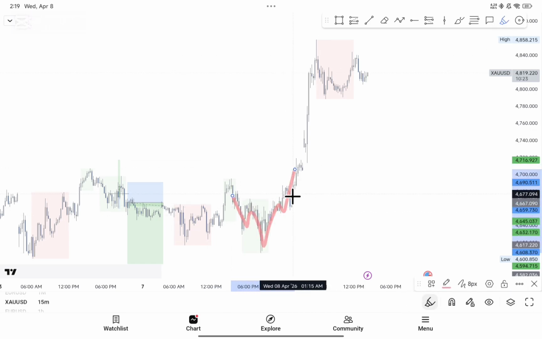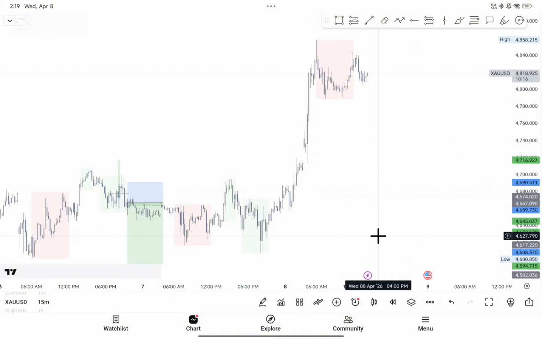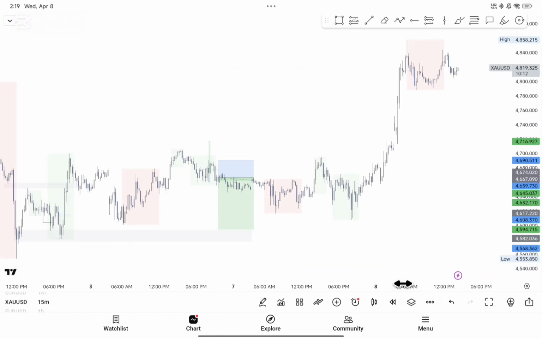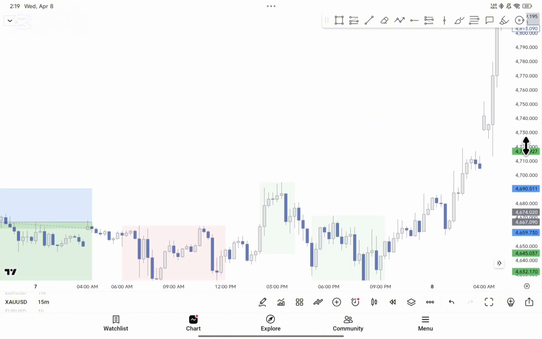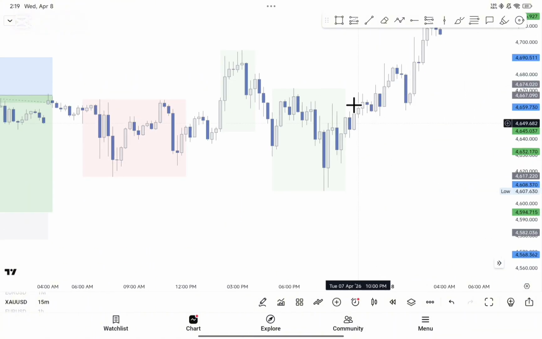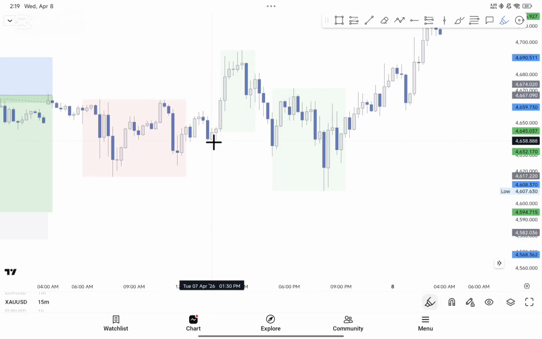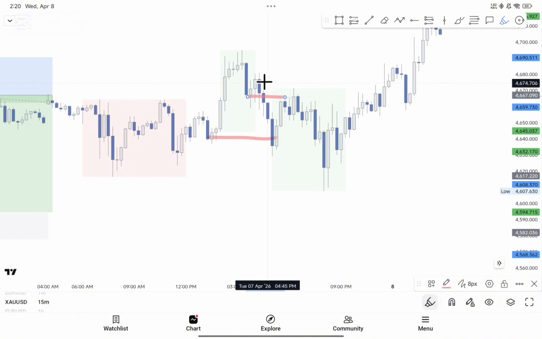And yeah, the market did exactly what I wanted to see, but I just don't know why I didn't execute. Maybe it was confusion, because at the time I was watching the chart, it was something like this. When I was watching it, price had moved, as you can see, shifted the structure, then retested